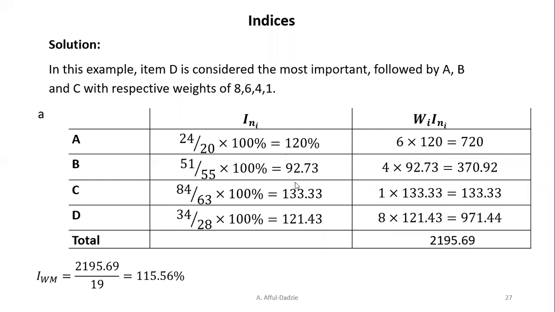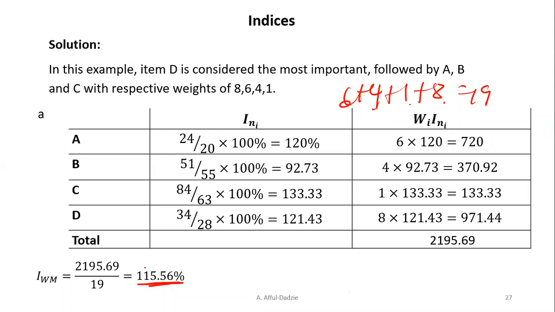All right, so when you are done with these, we now multiply each of these indices by the respective weights. So we multiply this by 6, this by 4, this by 1, this by 8. And when you're done, we take the sum of these values, the index numbers that have been multiplied by the weights, and you divide by the sum of the weights, and the weights are 6 plus 4 plus 1 plus 8. 6 plus 4 is 10, 1 plus 8 is 9, that's 19. So you divide this value here by 19, and we have